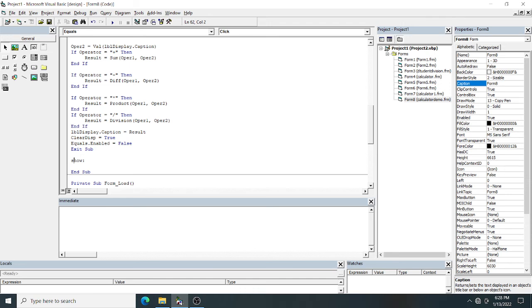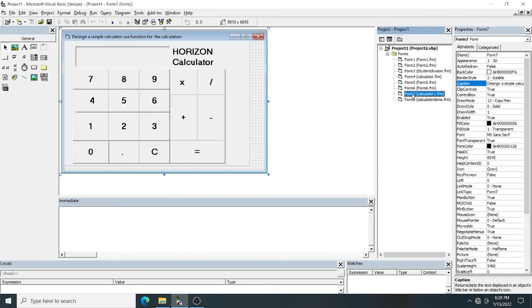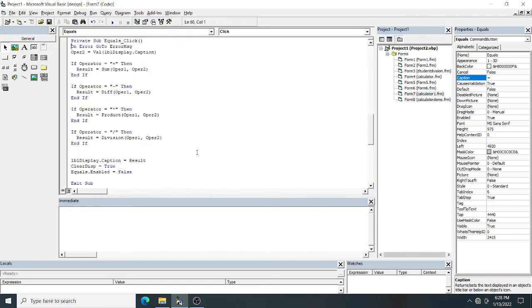If you want to handle the error, then if you get any error, it will go directly to this point. This one I can copy paste from the calculator problem. Here I will go for equal, and this is the code.